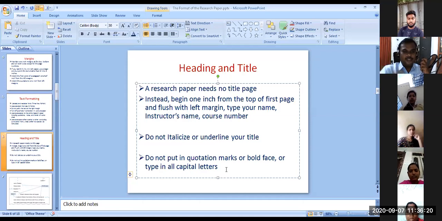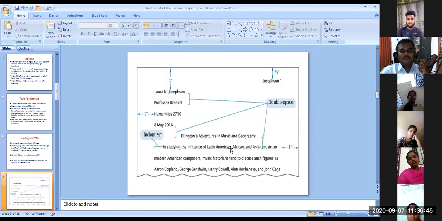If you put quotation marks, that is a quotation told by some person. Shall I use bold? No, don't bold. Shall I type everything capital? Don't type everything capital.